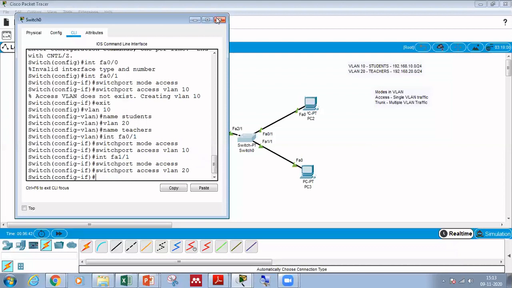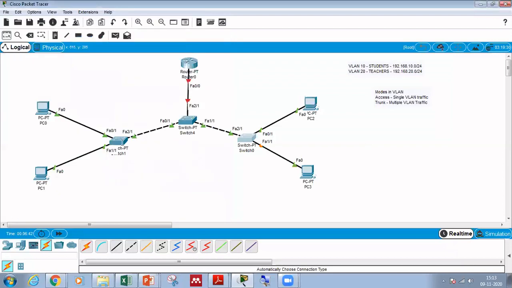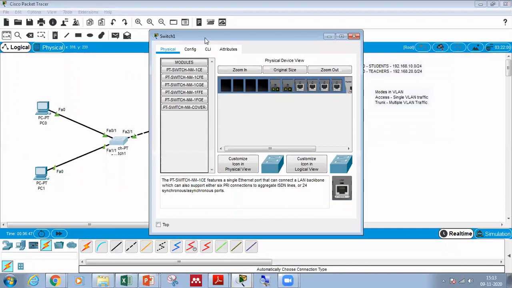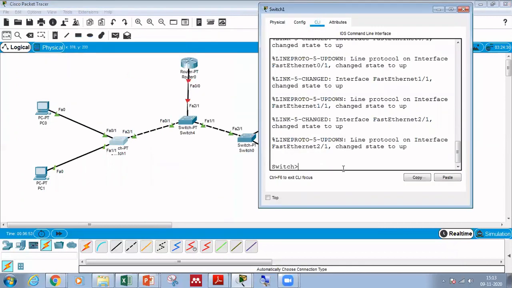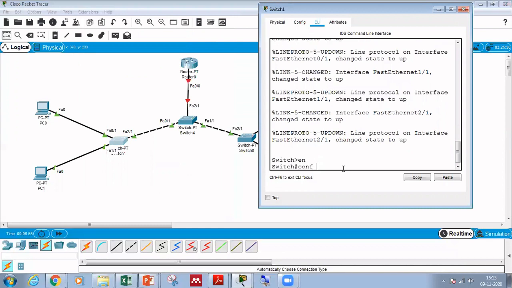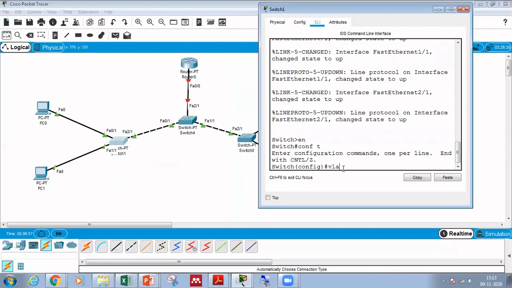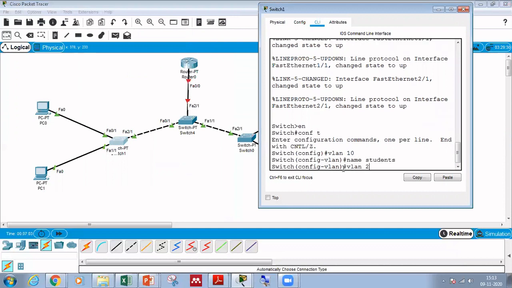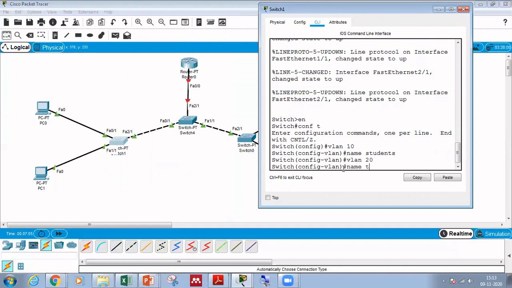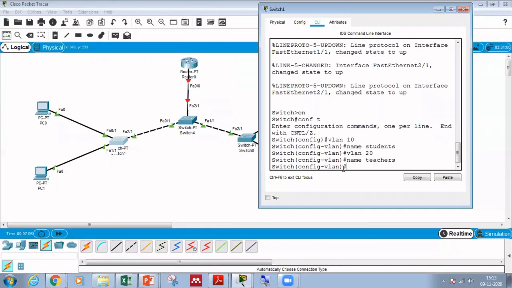The left side switch is done. Let's come to the right side switch, switch 1. Here also come to the CLI and say en, config t. The first step is to say what VLANs are present in the network: VLAN 10 name students, VLAN 20 name teachers.